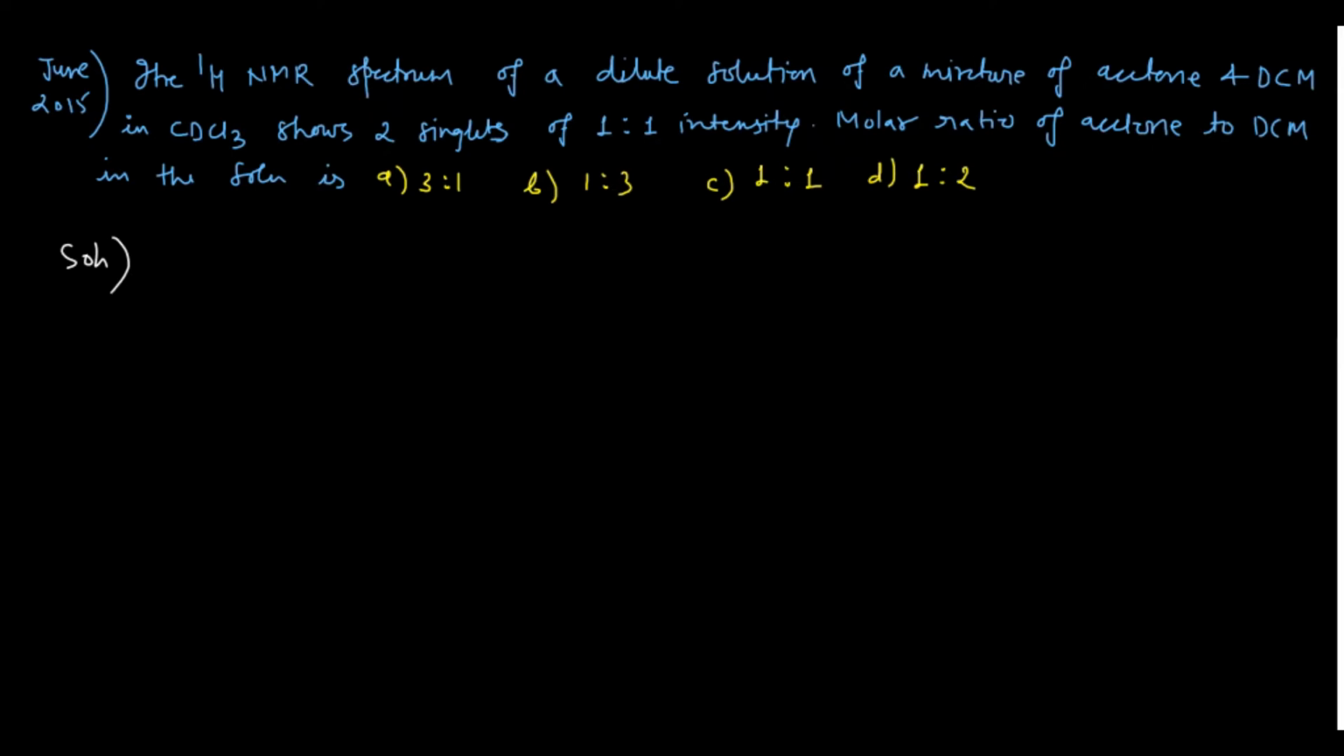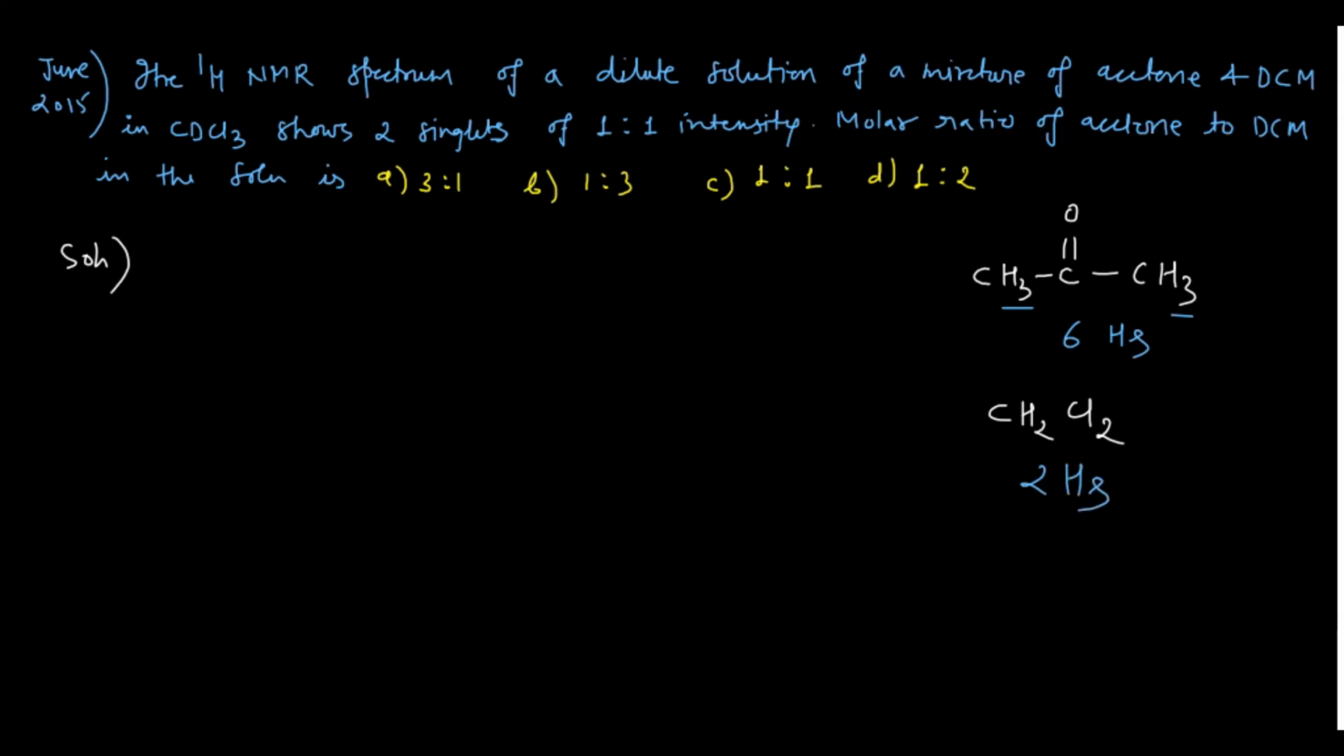For this, guys, you should know the structure of acetone. This is CH3COCH3, your acetone. Then you have your dichloromethane, which is CH2Cl2. Both are organic solvents, basically. How many protons are there in the acetone? 6 protons, that means 6 hydrogens, and in dichloromethane you have 2